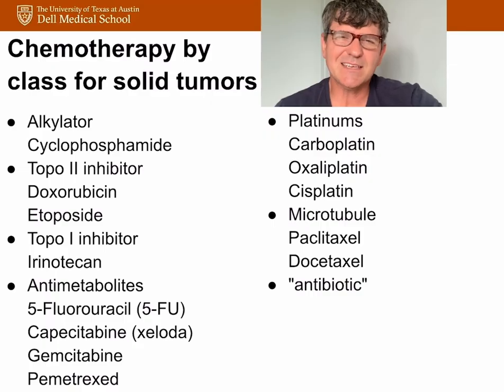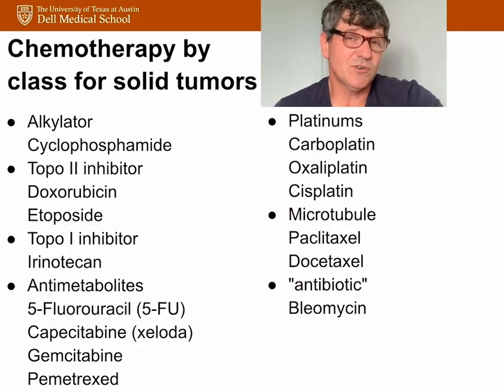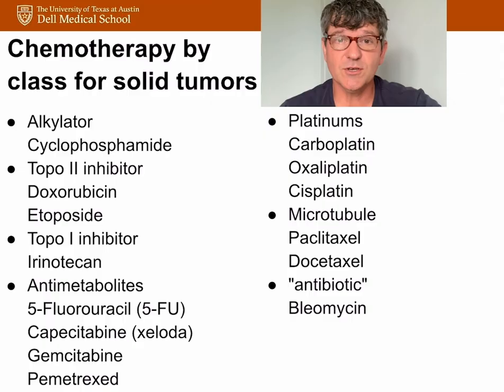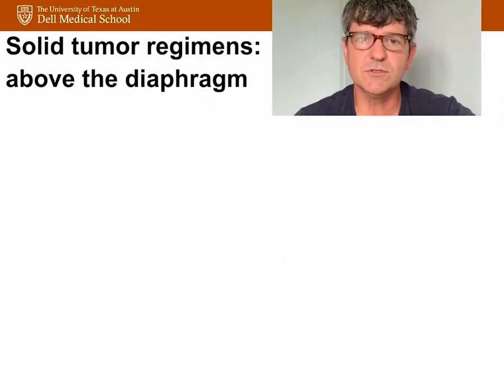And then the last kind of throw-in is bleomycin. That drug is used mostly in germ cell tumors. It's in there in some of these regimens. It's important to understand. So now, how do we mix all these together? So the regimens that have been used